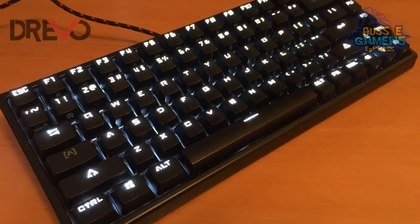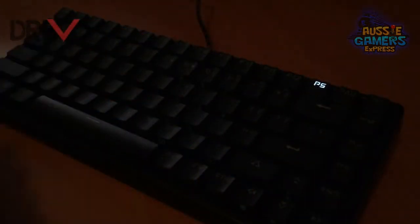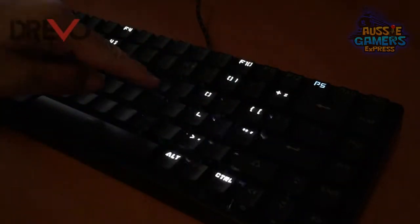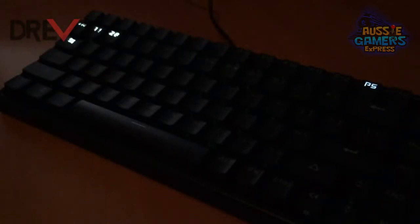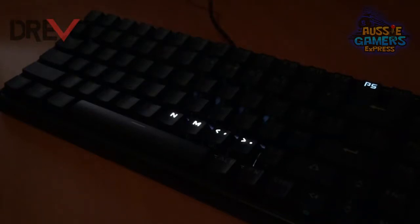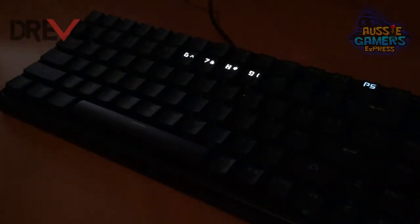Firstly, you can have all of the keys lit all of the time, and then you can cycle to a sonar-like ping effect, which looks nice but can be a little bit off-putting if you're trying to concentrate. There is also a snaking effect where the lights will scroll around the different keys like the old Nokia game of Snake. Once again, this is a neat effect, but it's not really something that you would want running while